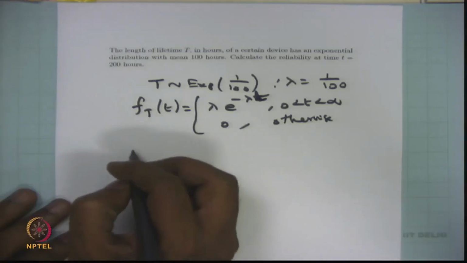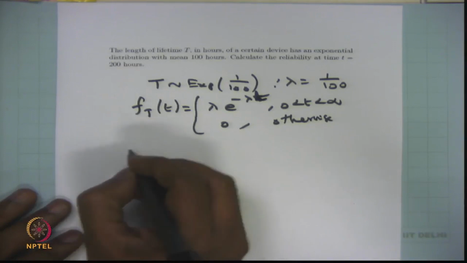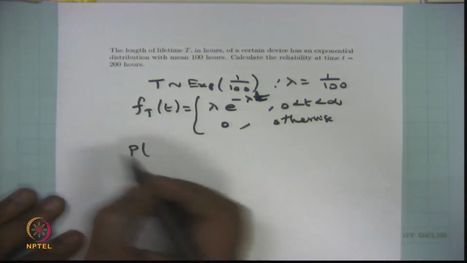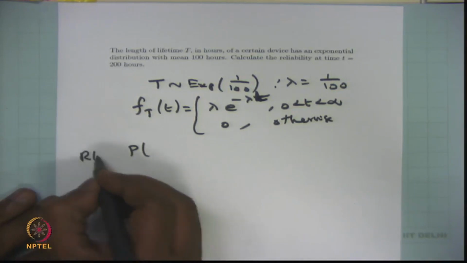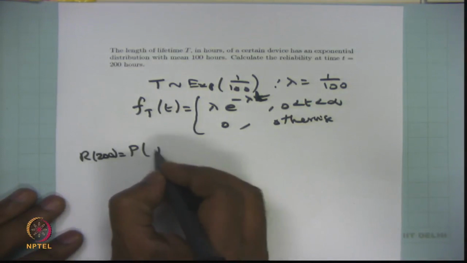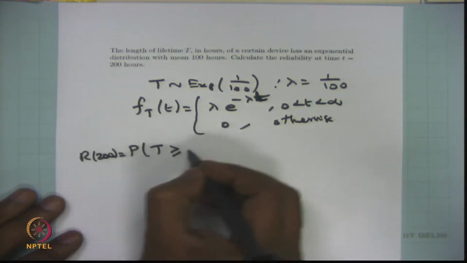That means here the lifetime capital T is this much time working, that is a life. So, the reliability at time t equal to 200 is, in notation, the reliability at 200, that is same as the probability that capital T is going to have a life